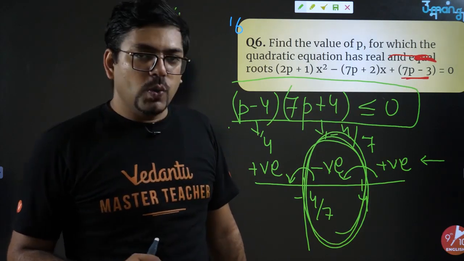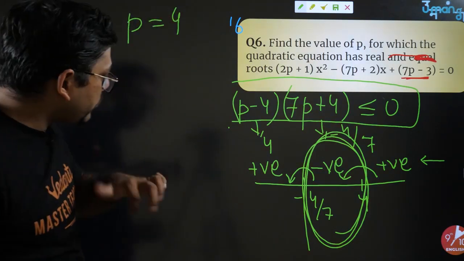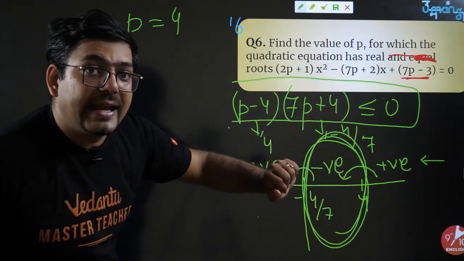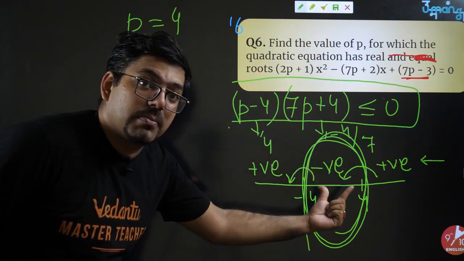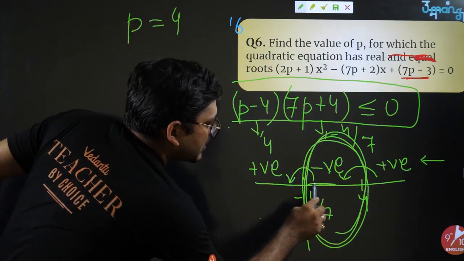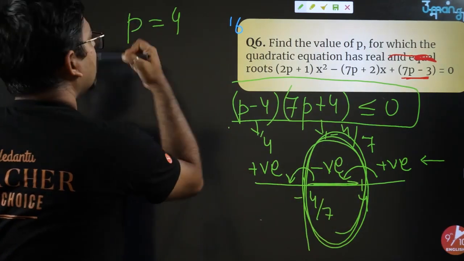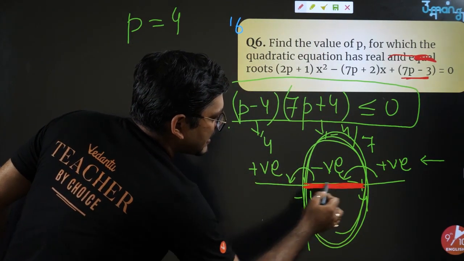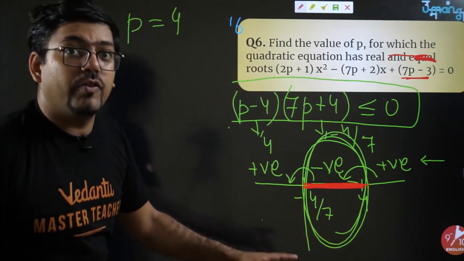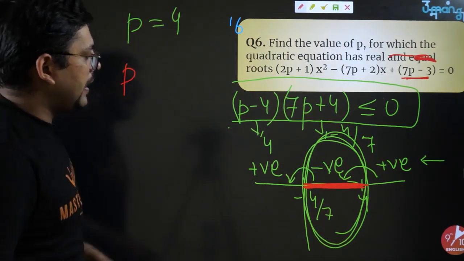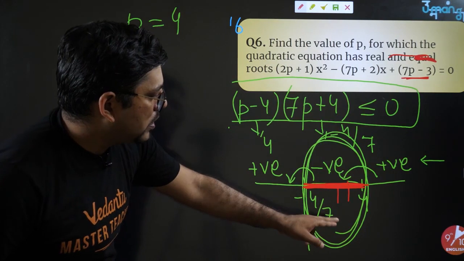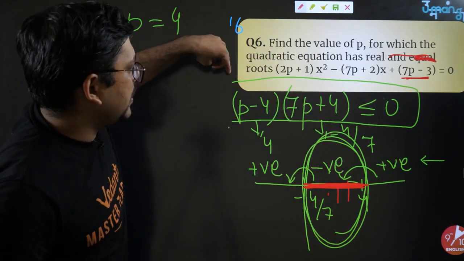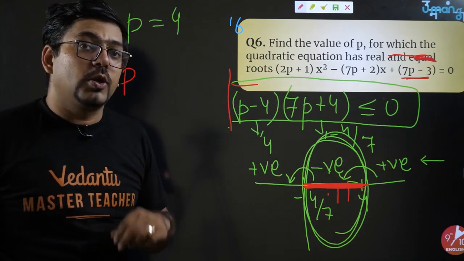Isn't it? So what is going to happen here, that P equals 4, this is. Now you have to get a negative value. So negative is this region, means if you put any value in this region, like from -4/7 to 4, any value of p, you put 2, you put 1, you put 0, any value from this region is going to make this entire equation negative. You have to just remember it.